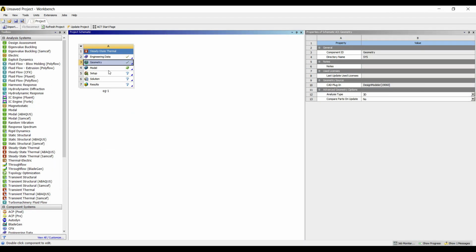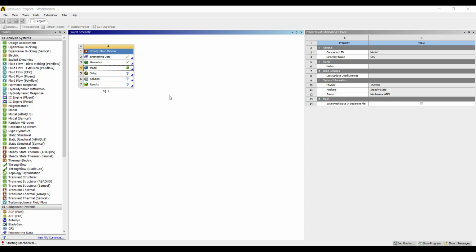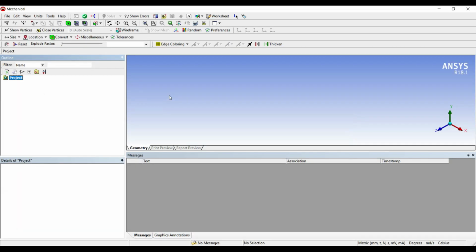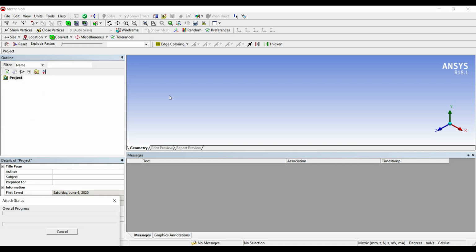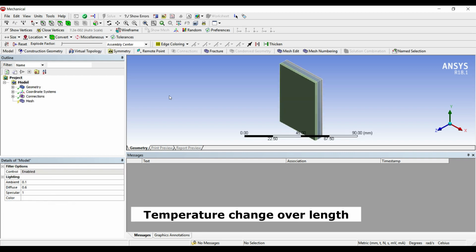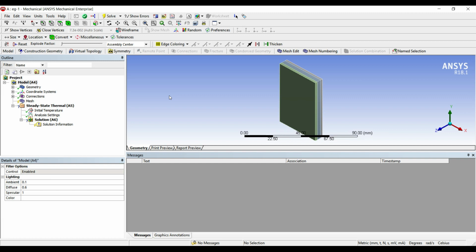Now I'll double click on model. While making the geometry, I have assumed some random dimensions for the length and the width. You can assume any other dimensions. If you know the basic concepts of heat transfer, then the thickness of the material is more important because of the term dT by dx, which is the temperature gradient over the change in length along, say, the x-axis. So the thickness which I was changing over here was 2 mm, 4 mm and 2 mm. So just make sure that the thickness is correct, and that is the most important value.